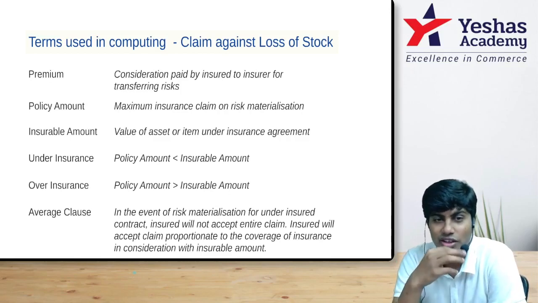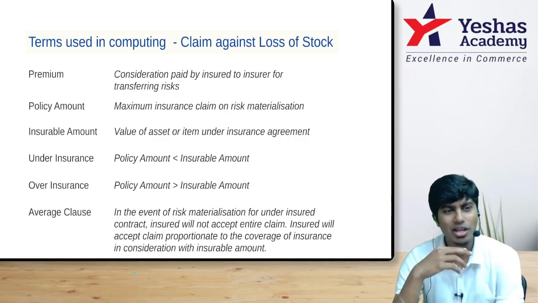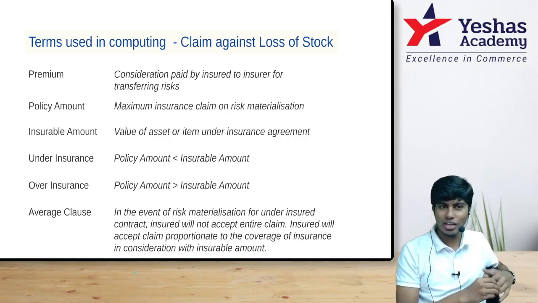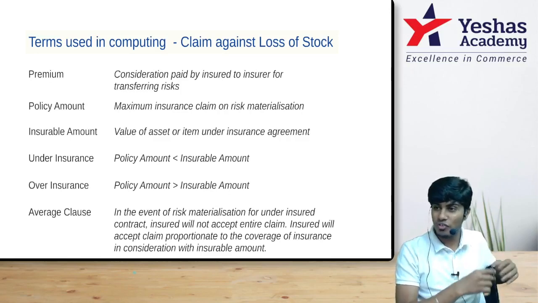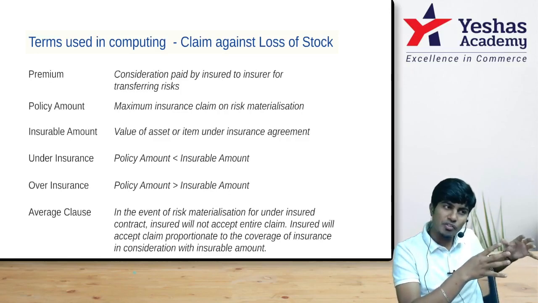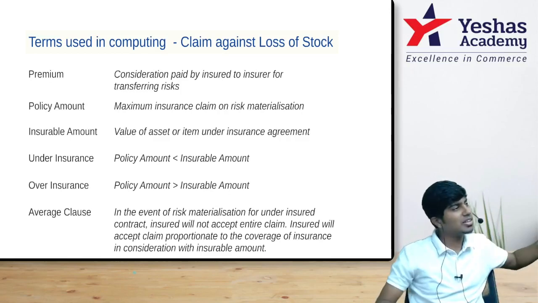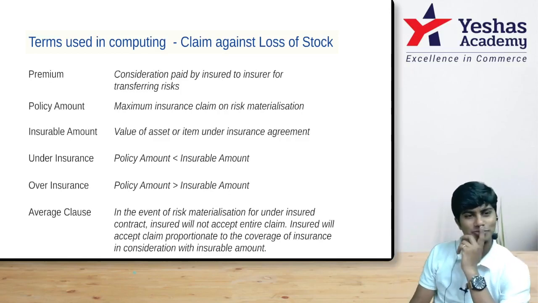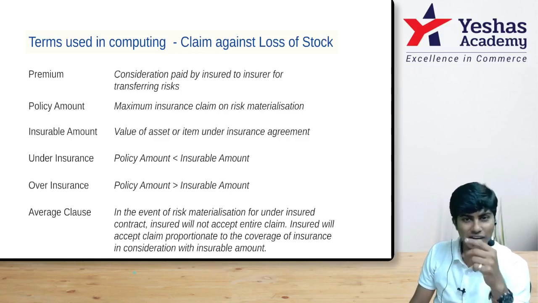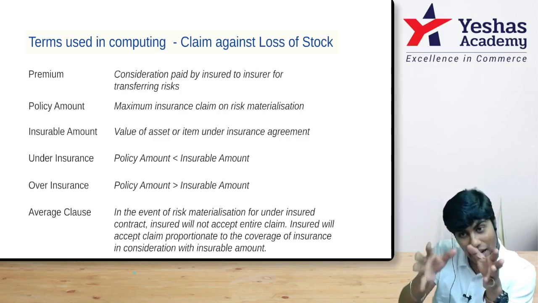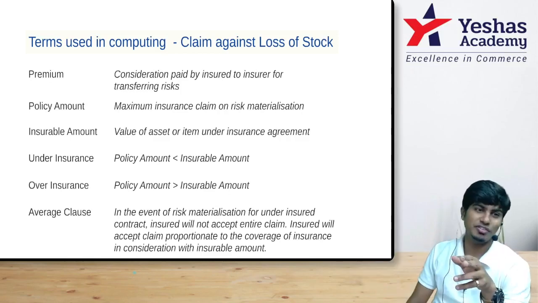You are telling the insurance company that I took insurance for 1 lakh, no? In that 1 lakh for which I took insurance, only 90,000 got destroyed. The 30,000 that is remaining is uninsured stock. The insurance company will say, no. That 1 lakh you took insurance for, in that 1 lakh worth of goods, 30,000 has got saved.